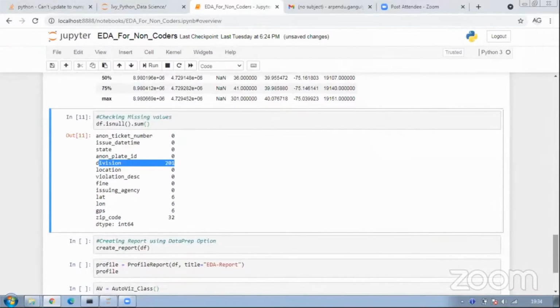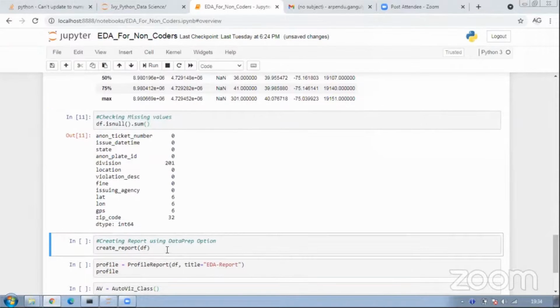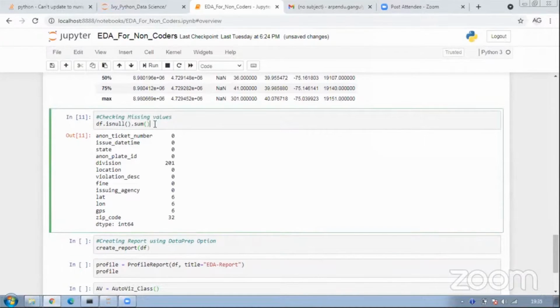Now let's come to the main focus of this session. As I said, it's about non-coding. I can continue finding the summary statistics for the variables, the missing values, the outliers. But I need to write separate code to find the correlations or see visualizations between my variables, right?